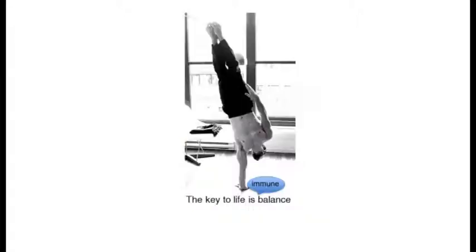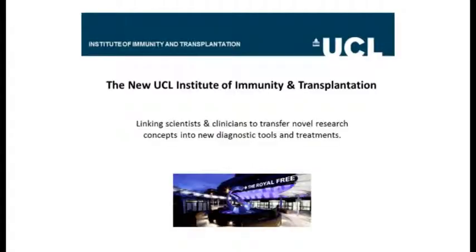So the main message of the talk is that the key to life is immune balance. And as I say, we're very keen now to build on the progress that we've made and probe further what's happening with this immune balance in people with type 1 diabetes. So as I mentioned,